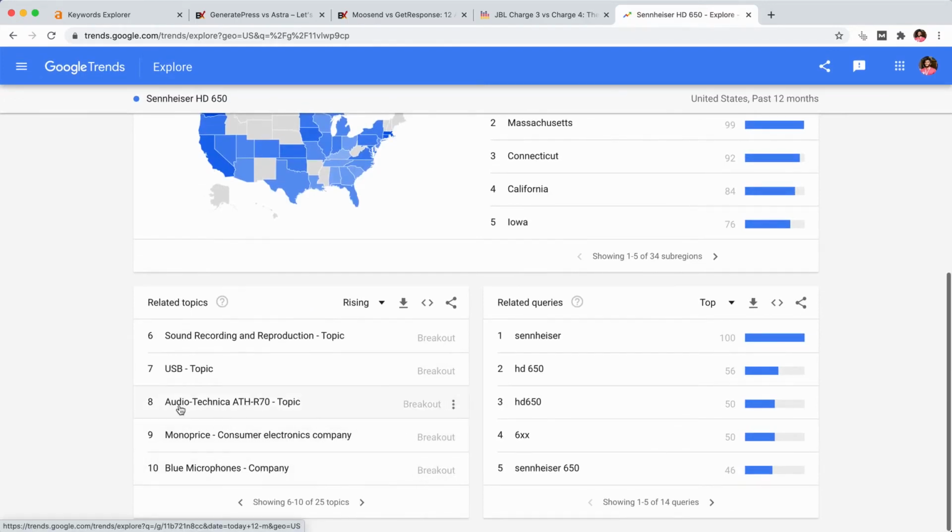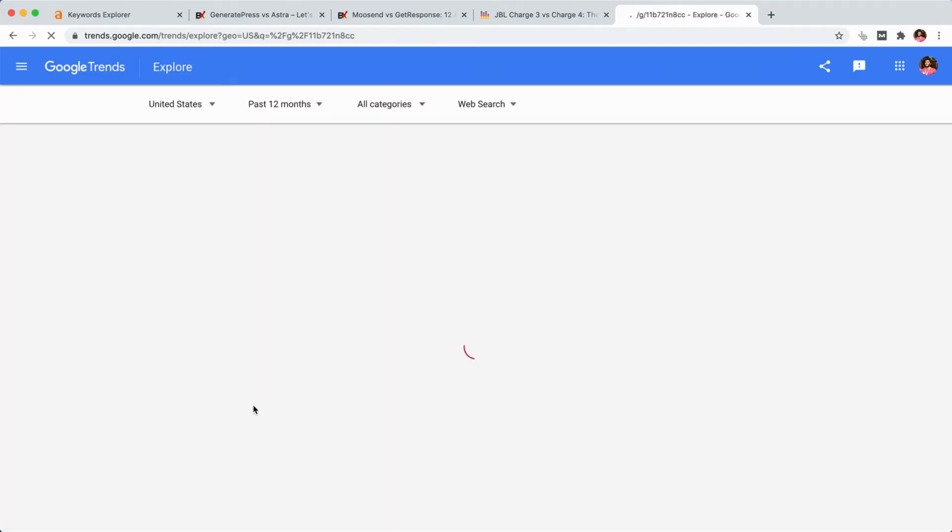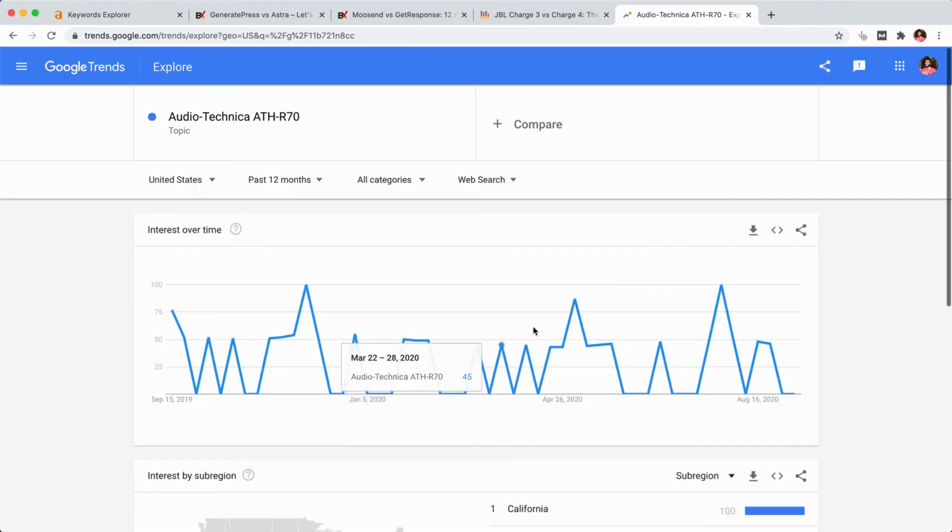And you can see Google sees this product as related to this product. Okay, so you can again click on this and see how the graph looks. Okay, in this case, the graph is not impressive. So you can drop your idea of comparing these two microphones with each other. Okay, this one and this one.